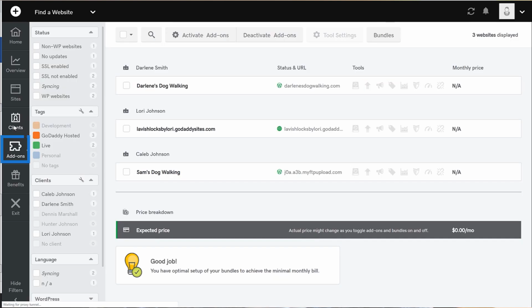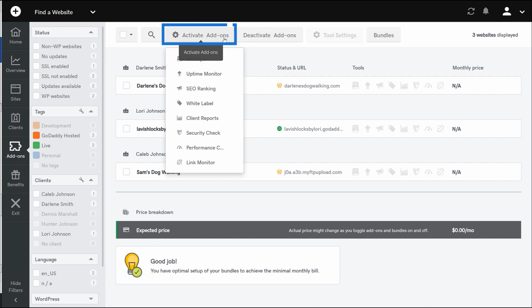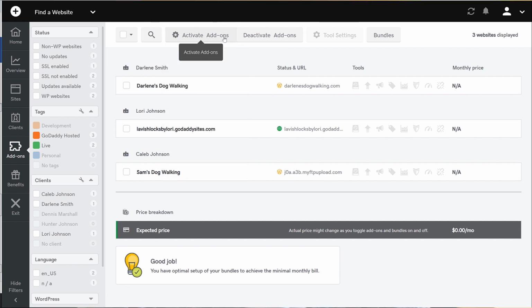Add-ons is another term for services or features, and you can come here to obtain them. There are many free features that work with WordPress, and all you need to do is activate them. If the free version isn't what you're looking for, you can get the premium version for a cost. For example, the free version of backups may only update once a week or once a month, but if you want to run backups daily, there's a cost for that.